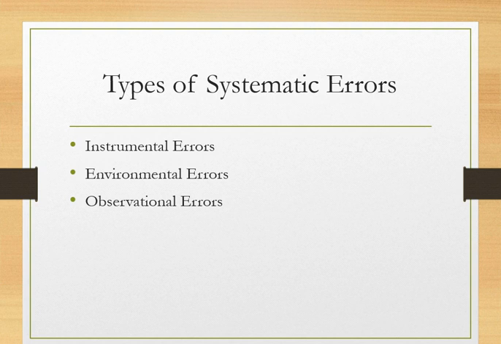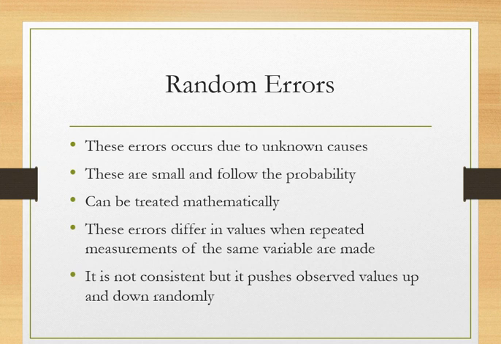This can be minimized by using digital instruments or digital displays which can show you values directly, or we can print that, or save that for further use. So such types of errors can be minimized. This is all about the systematic errors: instrumental errors, environmental errors, and observational errors. Under that we have also seen how to remove these errors. So these things we have studied now.